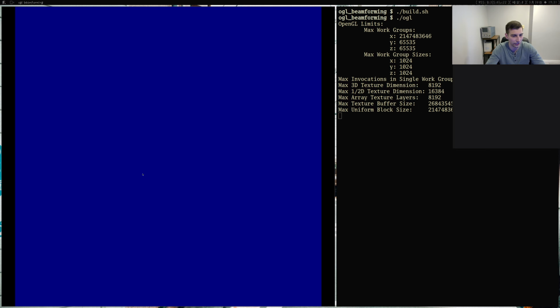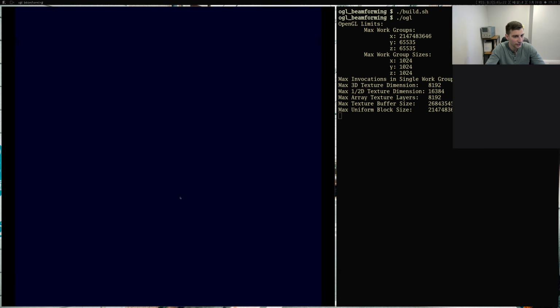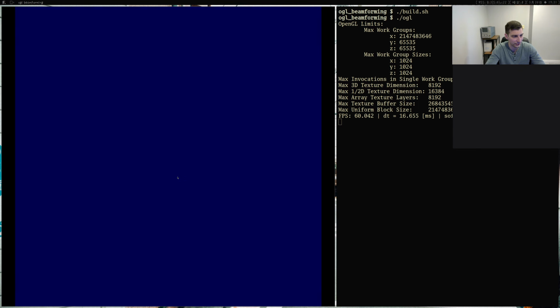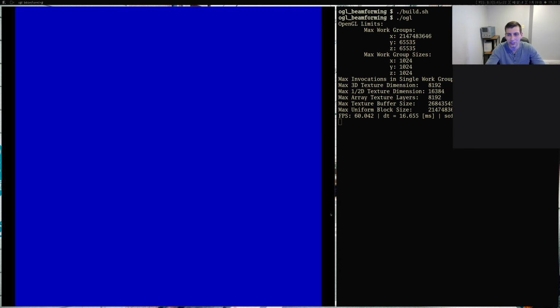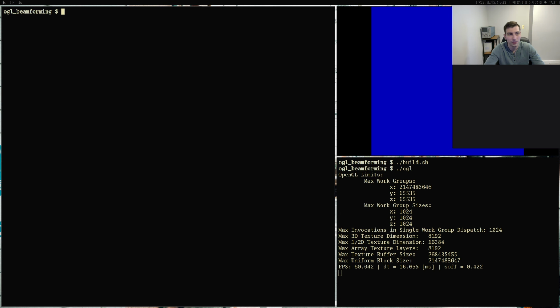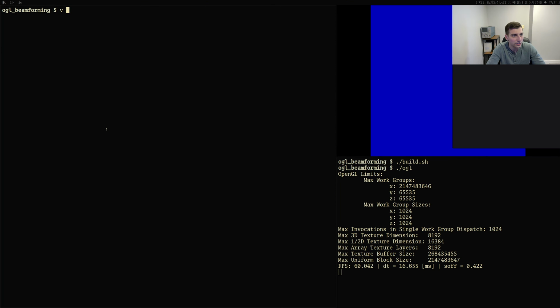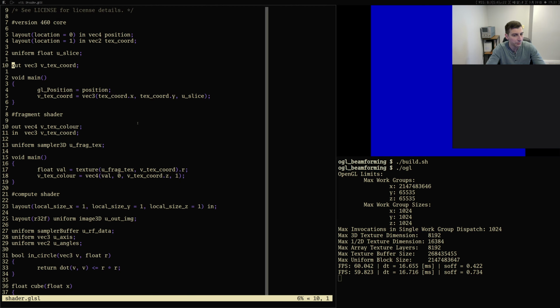Okay, that looks fine. I do need to fix the fragment shader. So, do that. The fragment shader right now is